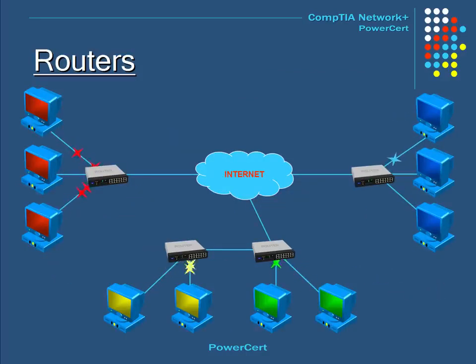Now here is an expanded view of routers over the internet. There are 4 networks here, indicated by their different colors, and each network has their own router. Now notice how the routers send data. Notice that when a computer wants to send data to another computer on the same network, the data packet never leaves their own network. The router would not let that happen because the router knows what belongs inside and outside